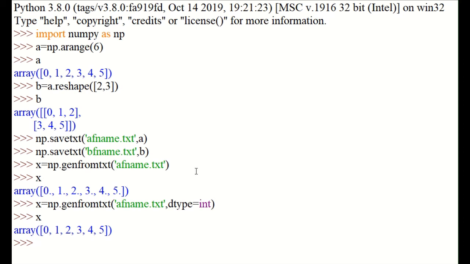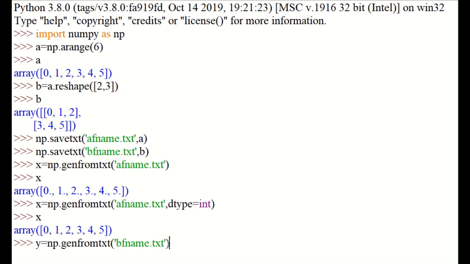Now let us see what our array b is. I'm going to generate b from this particular text file. Let me save that in y. So y is equal to np.genfromtxt, and our file name is bfname.